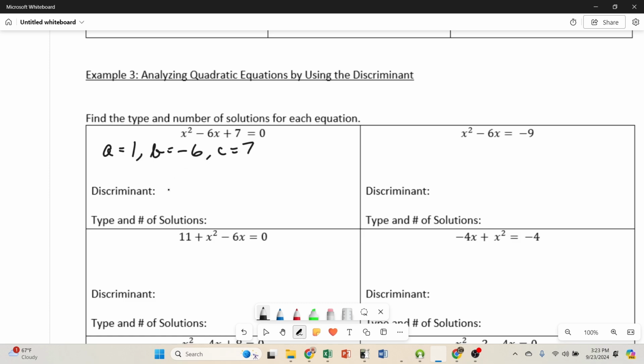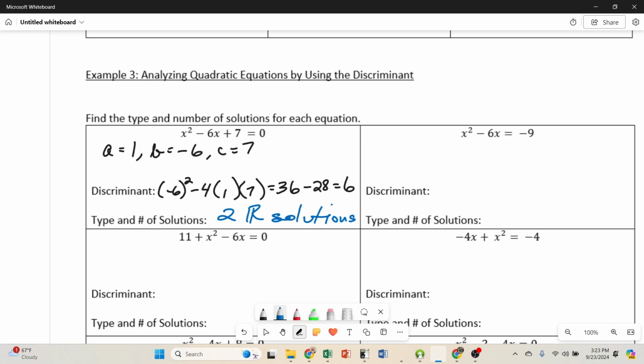So b squared, -6 squared, minus 4 times 1 times 7. Well, this is equal to 36 minus 28, which is 8. So it's greater than 0, so we have two real number